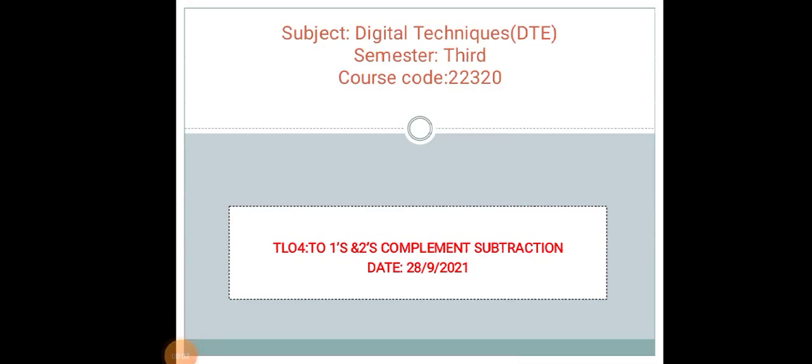Good morning, students. In yesterday's lecture, we have seen how to do binary subtraction using the ones complement method, and how to find the ones complement of a given number. Obtaining the ones complement of any number is just changing all ones to zeros and zeros to ones. Why is it like that? Changing zeros to 1 and ones to 0 is nothing but subtracting the number from all ones. So that is nothing but finding the ones complement of the given number.